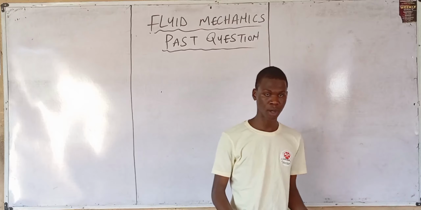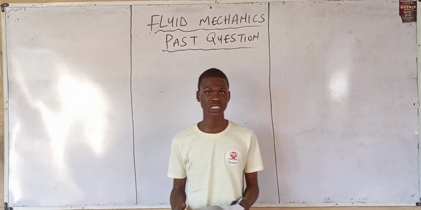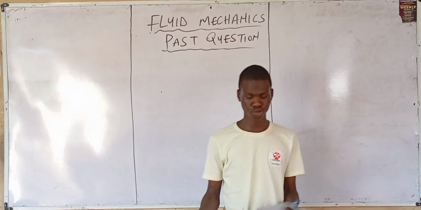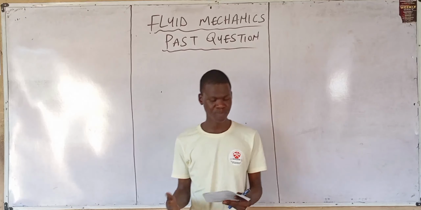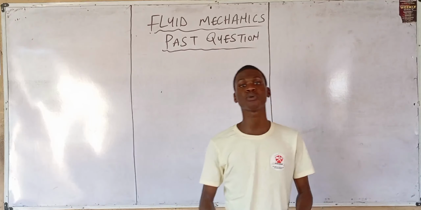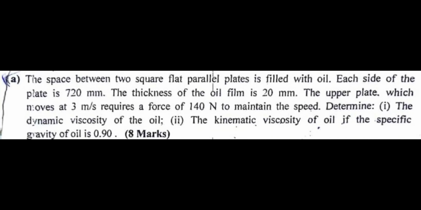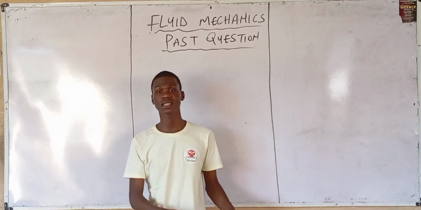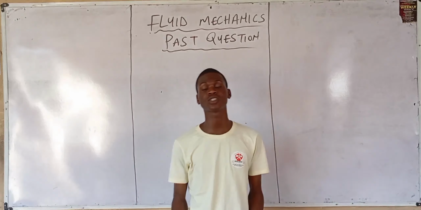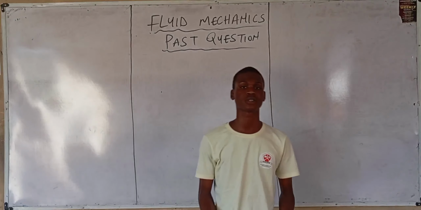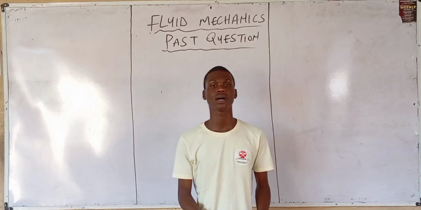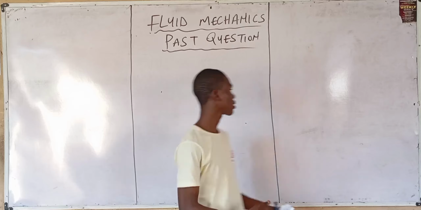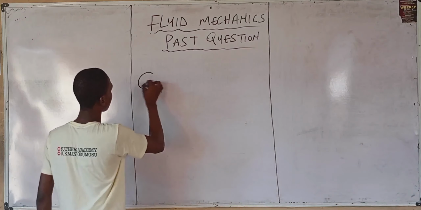Determine, number one, the dynamic viscosity of the oil. Number two, the kinematic viscosity of the oil if the specific gravity is 0.90. Alright, with this data, we have to solve the dynamic viscosity and kinematic viscosity. First things first, list out your parameters. Now, let's list out the data. Given data,